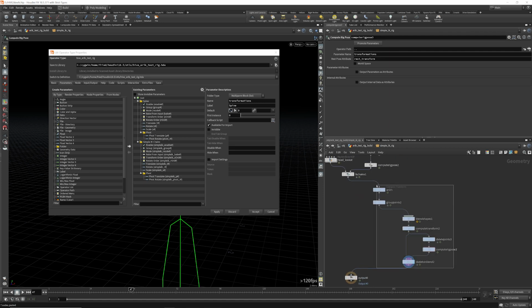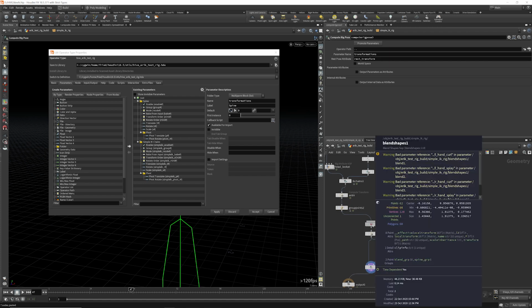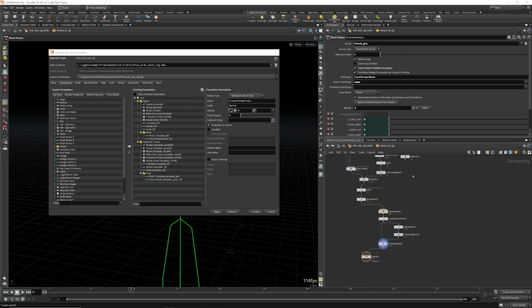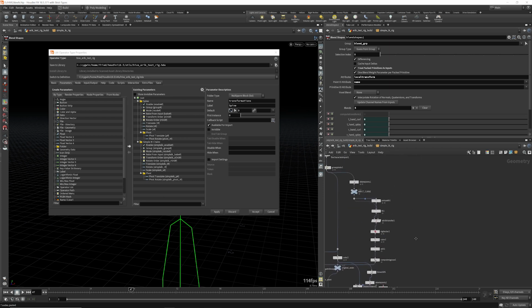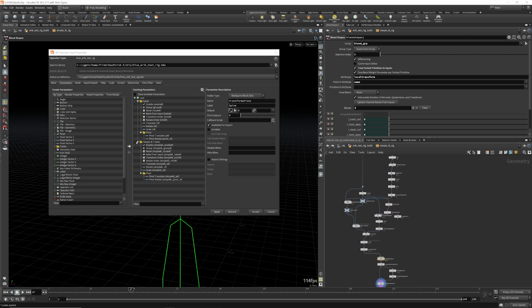We can see the warning here on the blendshape node, and it's telling us, firstly, we've got bad parameter references. So this is because I haven't added the parameters back here. The other problem that we'll have is that we haven't actually got our little library of poses. So the first thing is to just